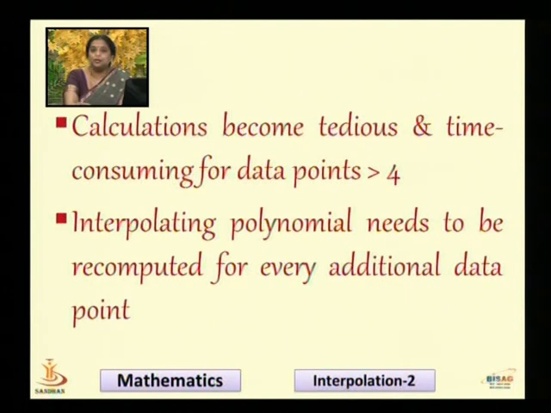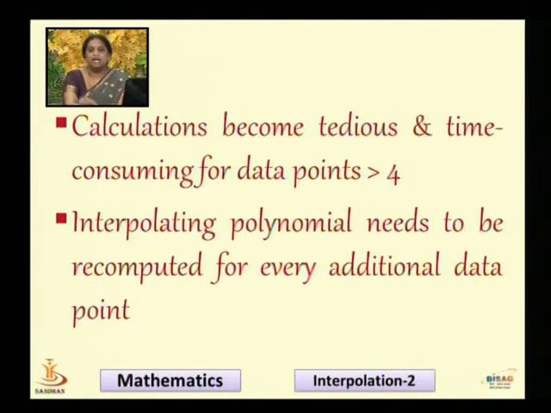Moreover, this interpolating polynomial needs to be recomputed for every additional data point that is added to the table. That is, if you have an interpolating polynomial for a table of 3 points, the same interpolating polynomial cannot be applied to a table having 4 points. We will have to reconstruct the entire Lagrange's interpolating polynomial for the set of 4 points. Similarly, for any additional number, say 5 points, you have to reconstruct the entire polynomial,